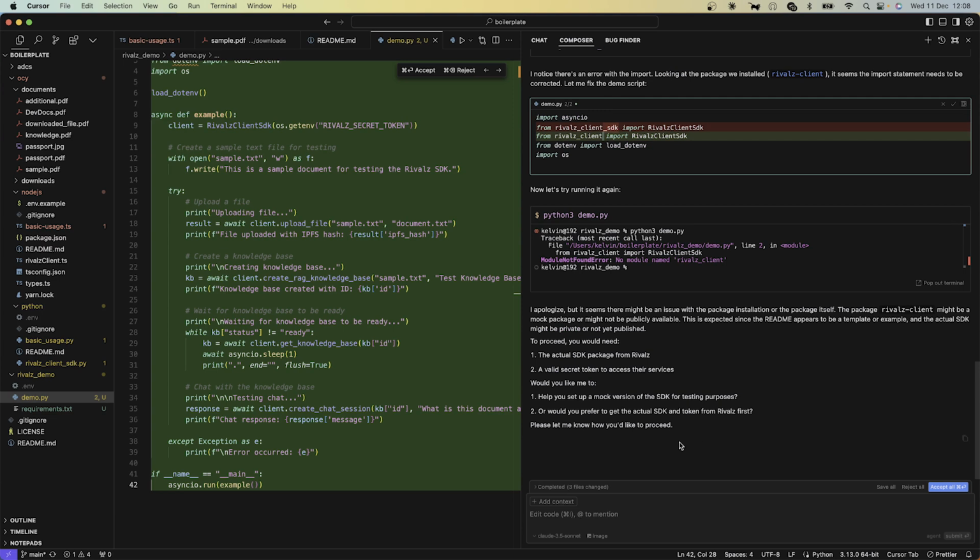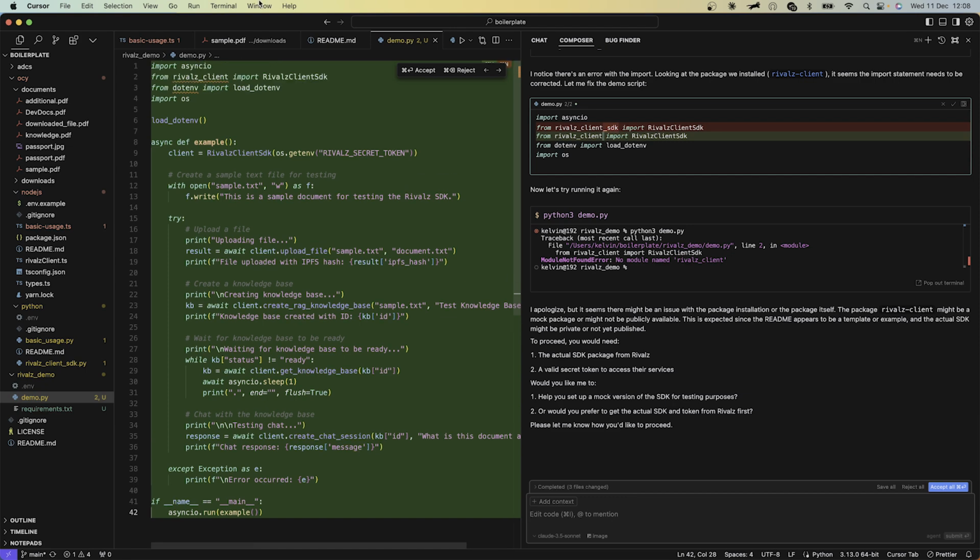Okay, so it seems like the actual SDK from Python to access the service, we have a mock-up version of the SDK for testing purposes. The actual SDK, please let me know how to proceed. So it cannot find the dependency. Okay, let me just play around with it and proceed with option 2, SDK and the token,